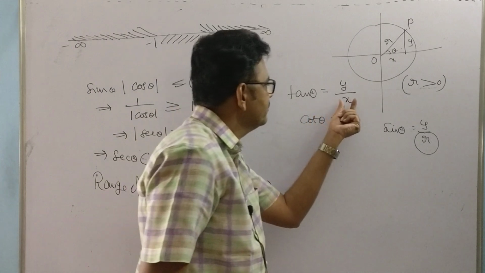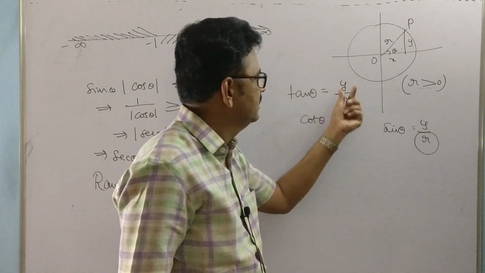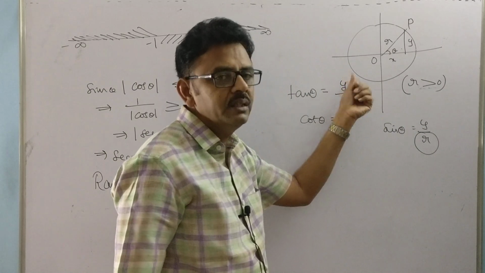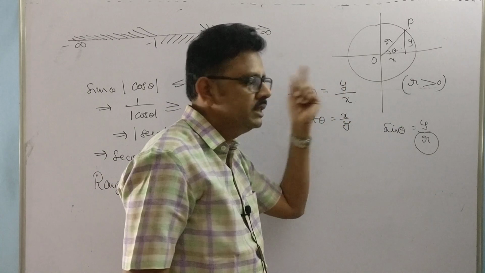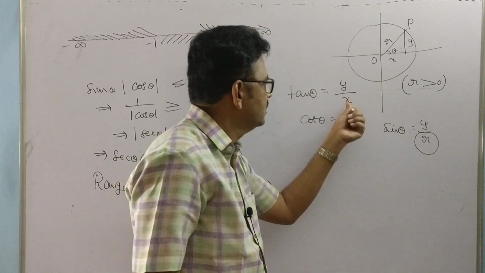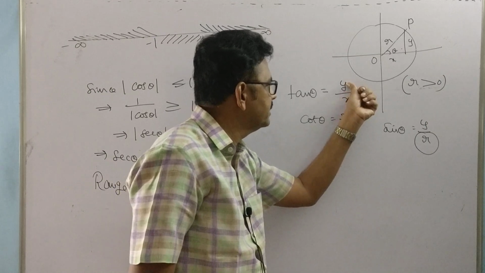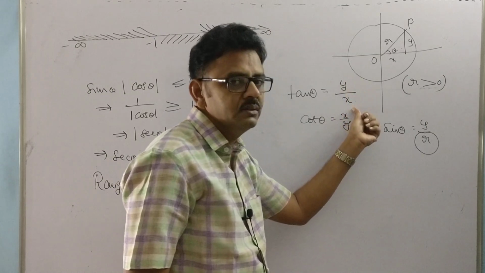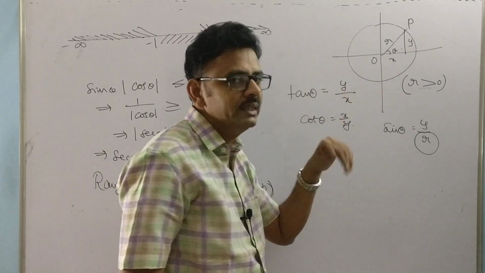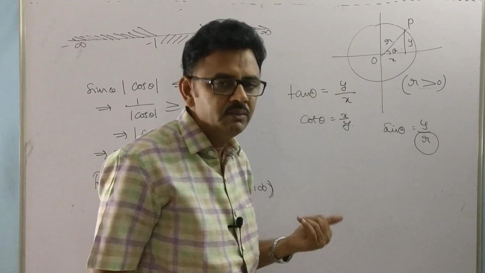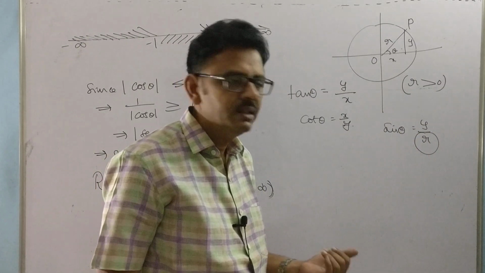So for different values, suppose I take Y as 1000, X is 1. Y I am taking 10 crores, X is 0.5. Y I am taking minus 10 crores, X is some 0.1. Y I am taking 0, X is 1. So that means we are getting all values. You can get positive values, negative values, a big number, a small number, and 0, etc.